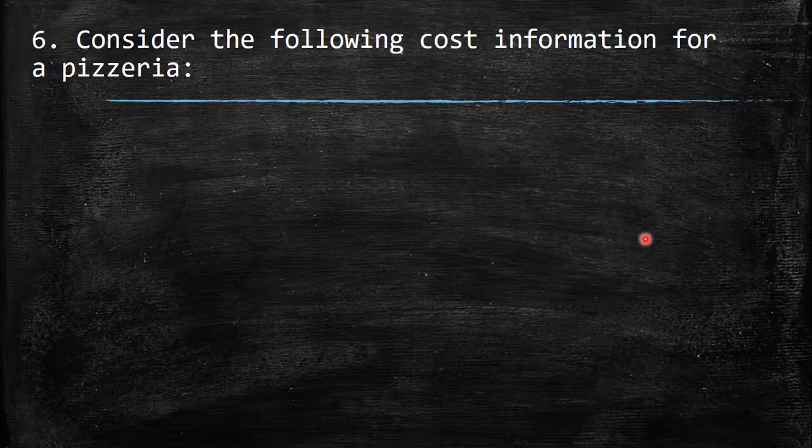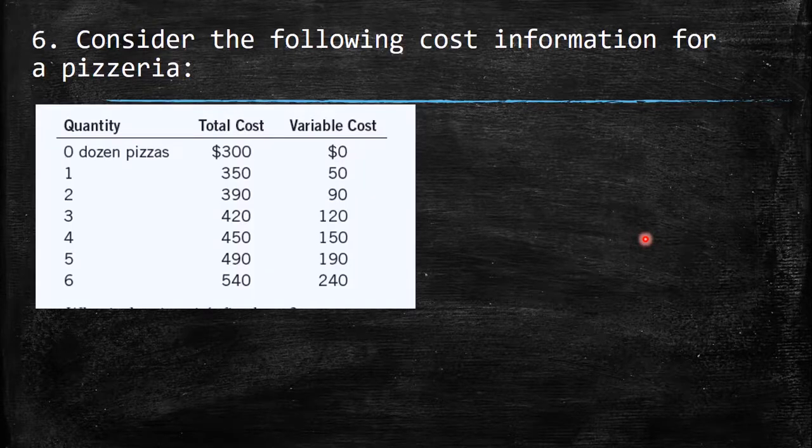Consider the following cost information for a pizzeria. Here we have the next table, which summarizes the main idea of the total cost and variable cost for this particular firm. So here we are going to understand what this table says. First, the quantity is about the production, measured by dozen pizzas, so it's going to be 0 to 6,000 pizzas. The total cost of producing 0 is going to be 300, and the cost of producing 6,000 pizzas is going to be